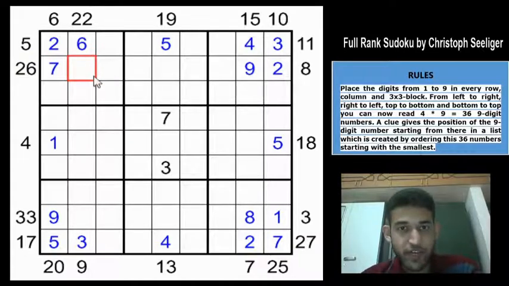Why? Because if it has a 3, for example, it means that the 9-digit numbers starting from this direction will be greater than the number starting from this direction, which is going with 7 2. So which will be a violation, which means that this is going to be 1 or a 2, but you have a 2 outside, so this will be a 1. Great. Now we have got 22 which is 6 and 1.